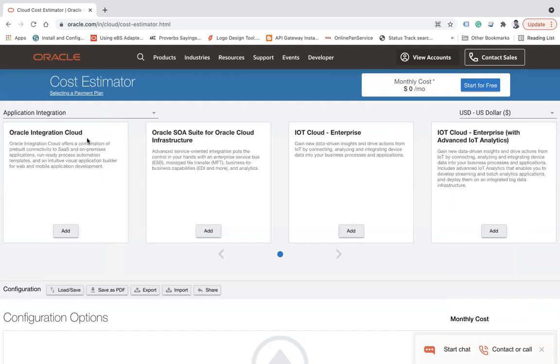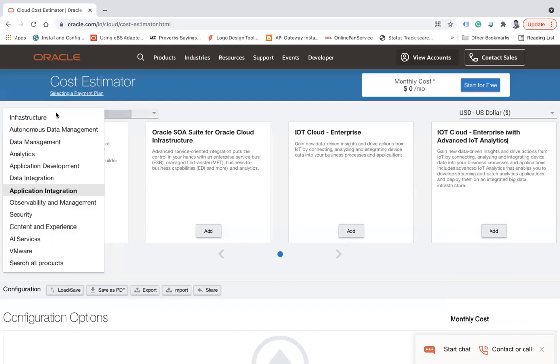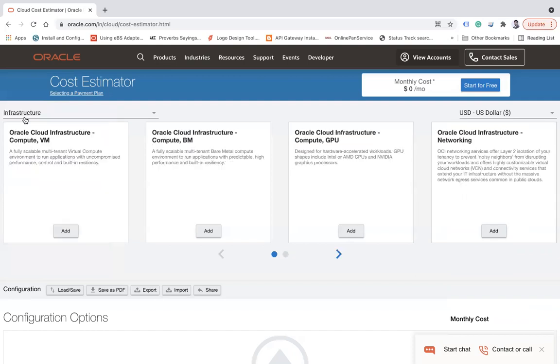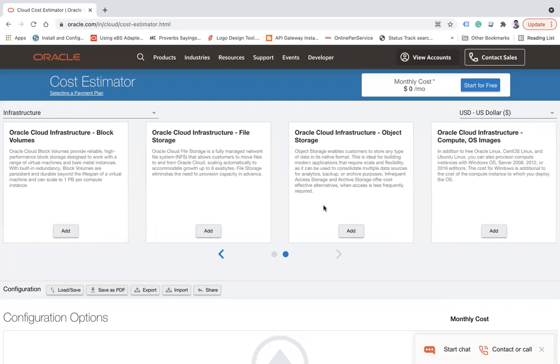Under application integration, we have OIC, Oracle Integration Cloud, SOA Suite, IoT, and IoT Enterprise. Under infrastructure, you have Oracle Cloud Infrastructure, Compute VM, bare metal, GPU, networking, and other services.